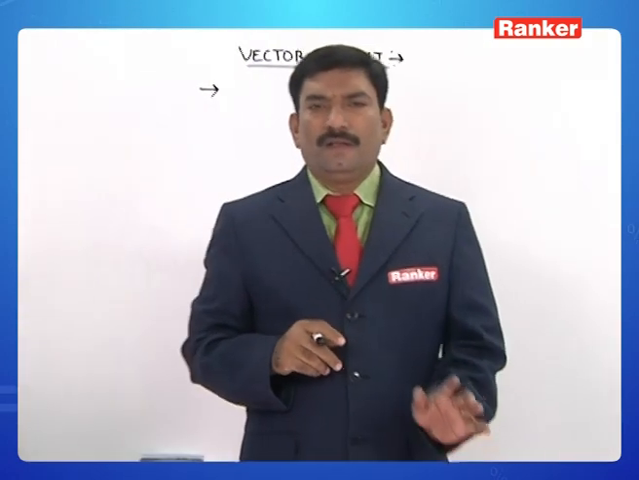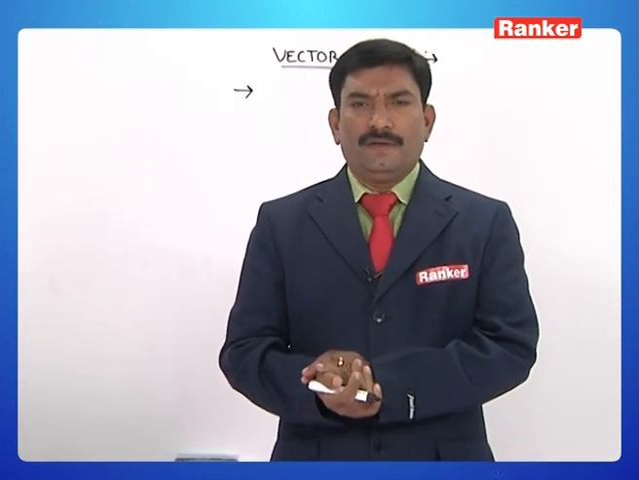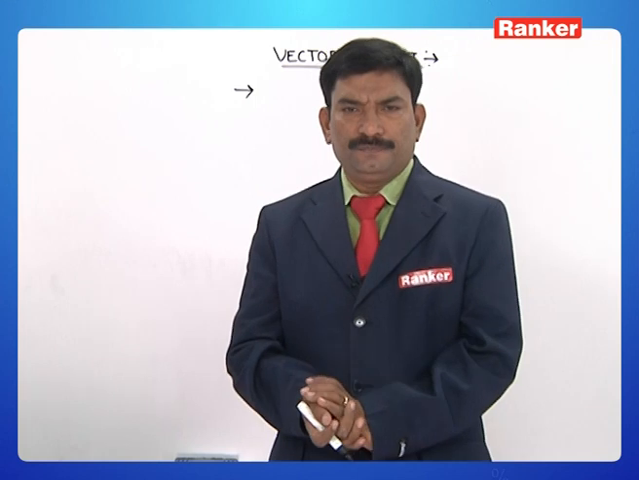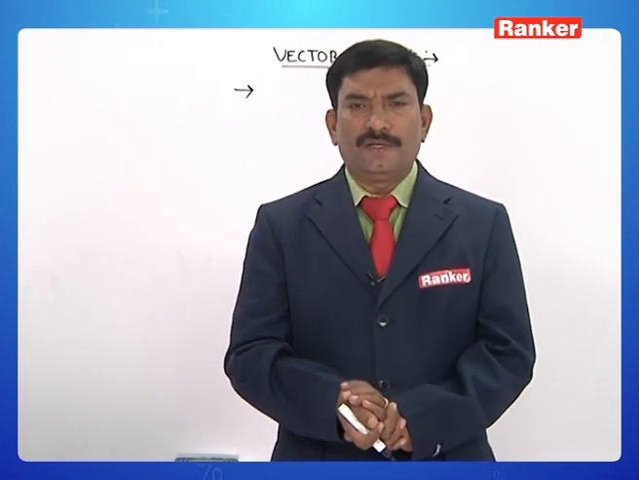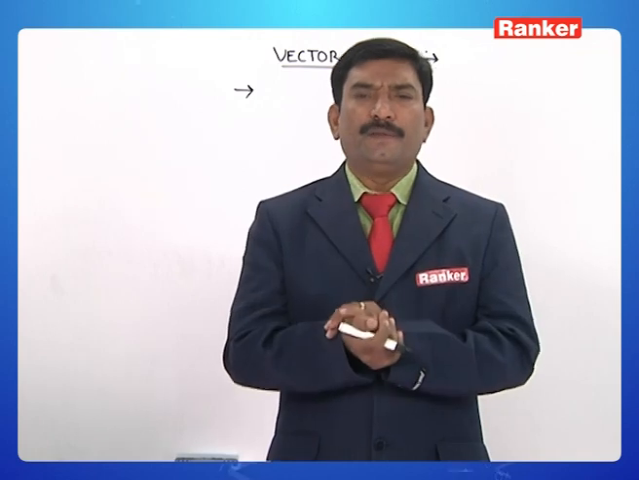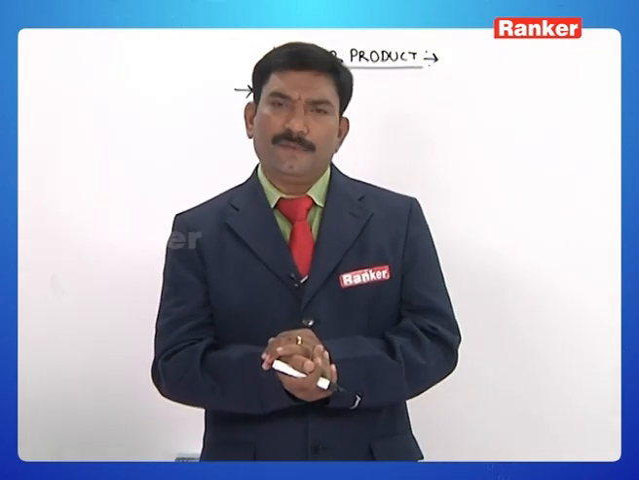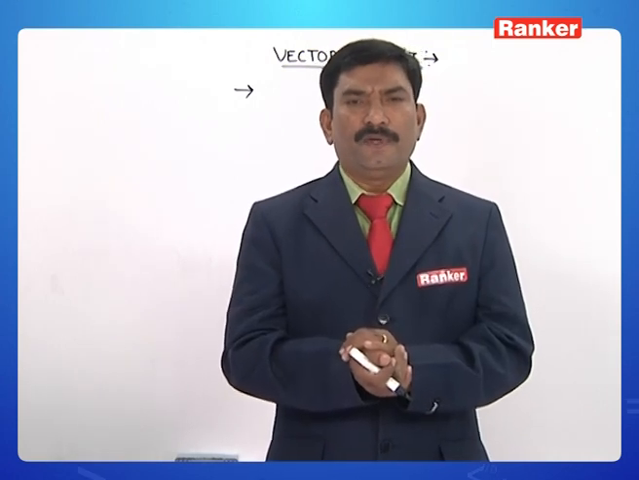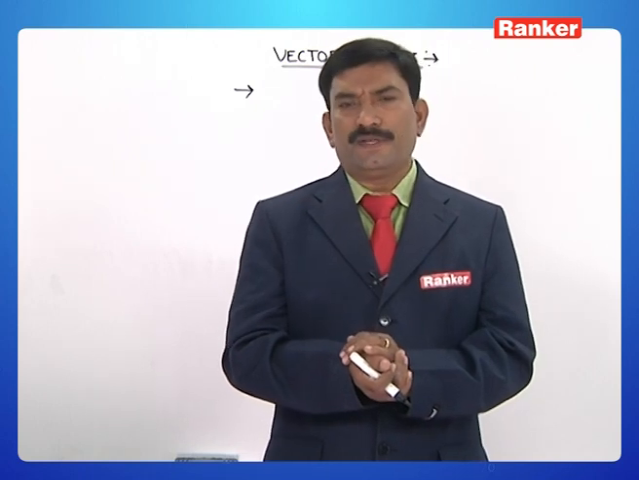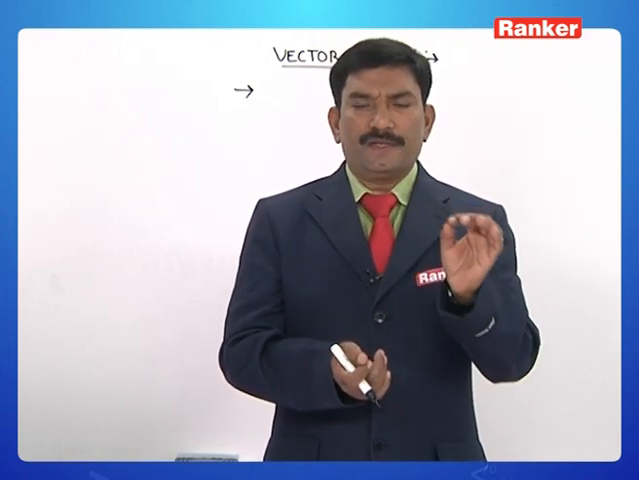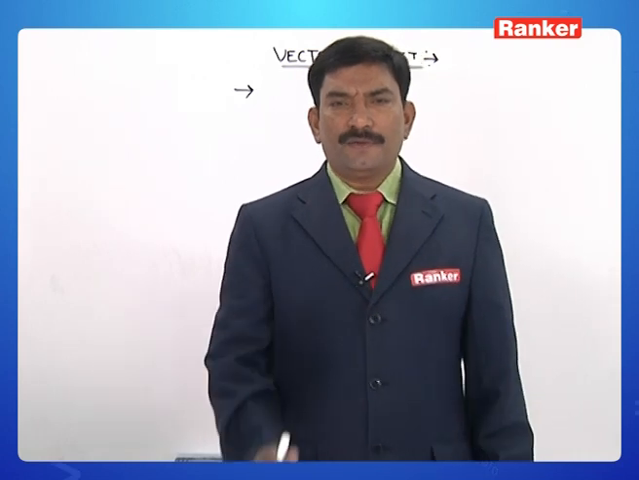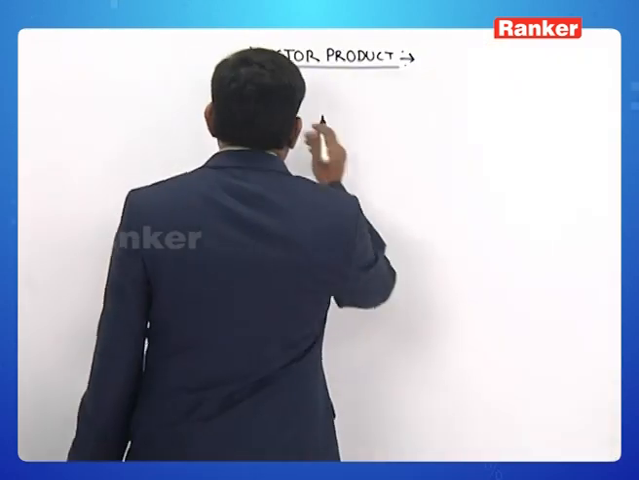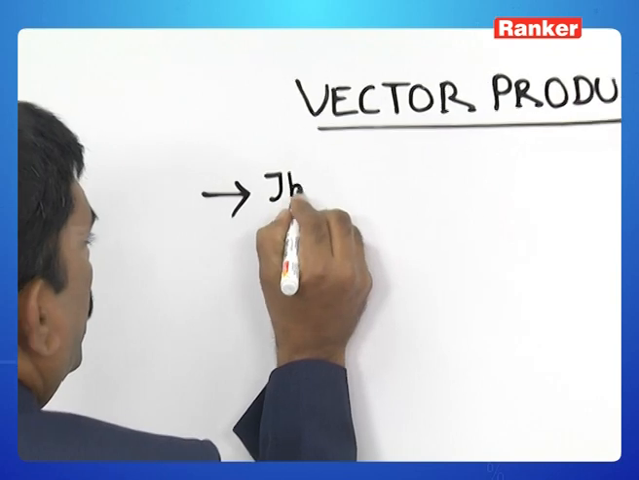Students, let us apply the definition of cross or vector product of two vectors to finding the perpendicular distance from the point C of C bar to the line R bar is equal to A bar plus TB bar. Since R bar is equal to A bar plus TB bar represents the vector equation of a line passing through the point A bar and parallel to the vector B bar. Now, what is that? The perpendicular distance